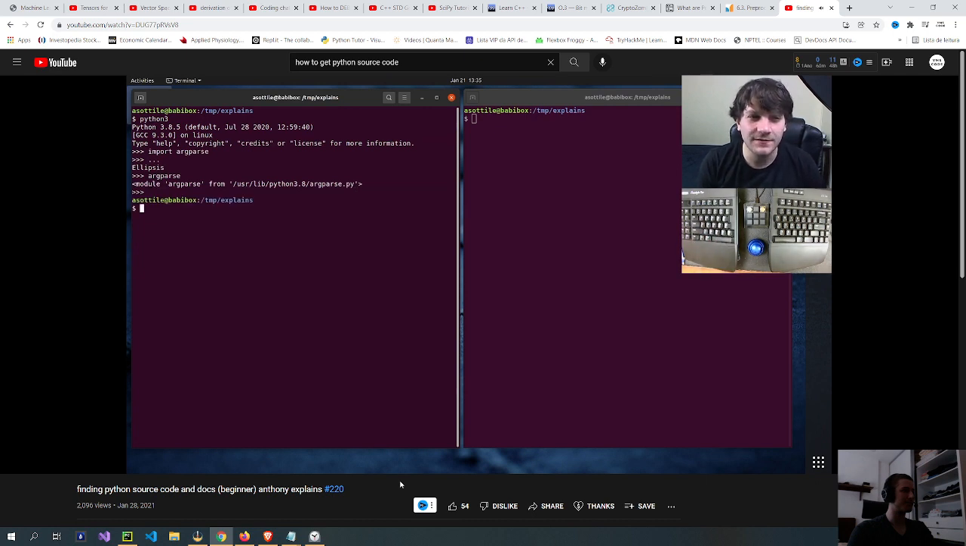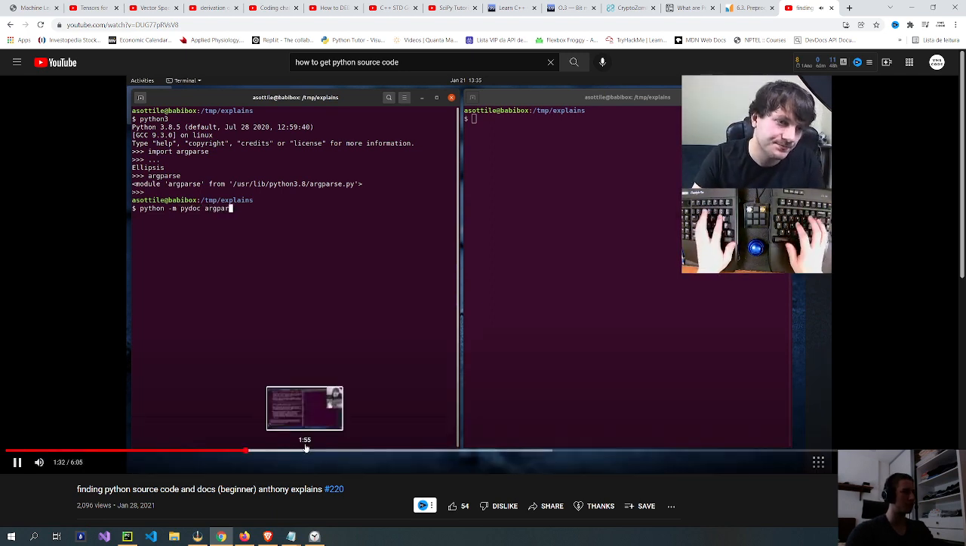What I do is I view the documentation for the module, and you can do that by doing python -m pydoc. So what pydoc does is it'll import the module and scrape all the docstrings and all the functions and classes and stuff, and show you the documentation of that module. So if we do python -m pydoc argparse